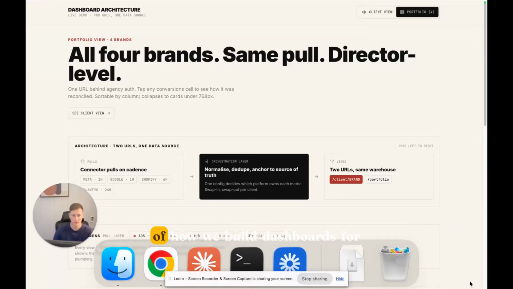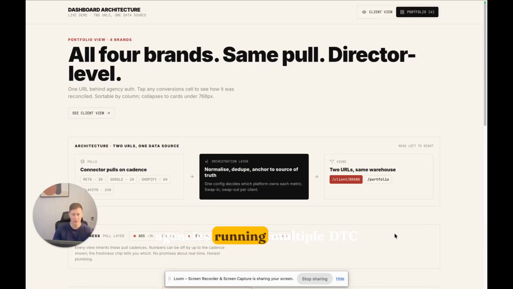So this is a quick walkthrough of how we build dashboards for agencies running multiple DTC clients. I think it's the architecture problem most people skip past. It's having a working demo that you can actually click through yourself. The issue with agency dashboards is not really about building, it's more about having the architecture that serves